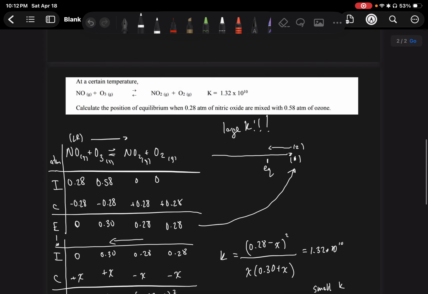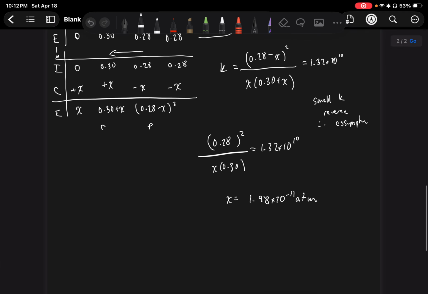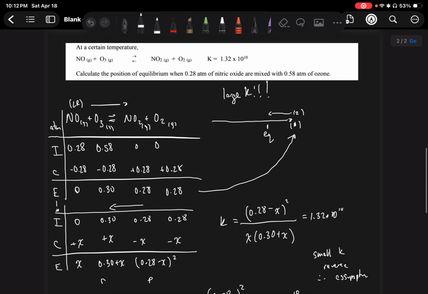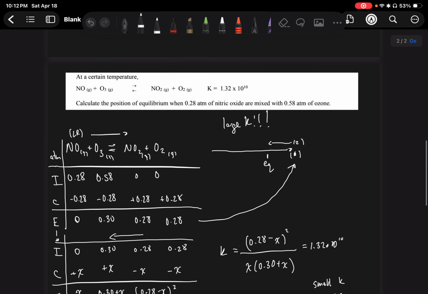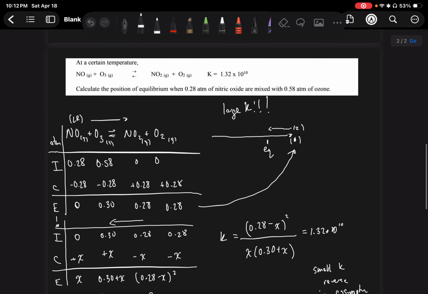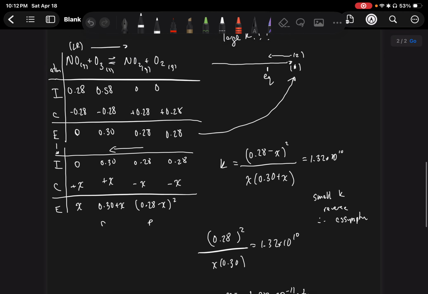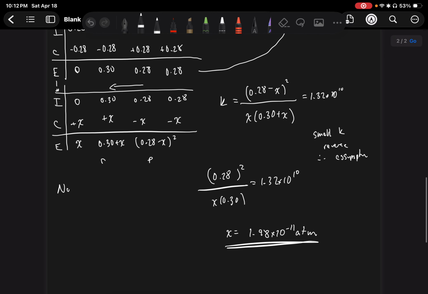What are we even trying to find? Position of equilibrium. Well, what specifically do you mean by that? Like what each thing is at equilibrium? Reaction quotient? No, we're not. Okay, I don't know. So we're just going to state each one. So NO is at